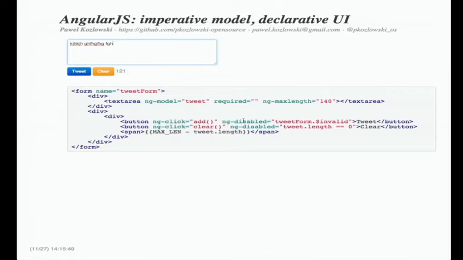By using special built-in directives, we can say when those buttons need to be enabled or disabled. Also updating the number of remaining text is very easy. So just by putting the text of this tweet in the model, we can drive the rest of the UI from this single piece of information.